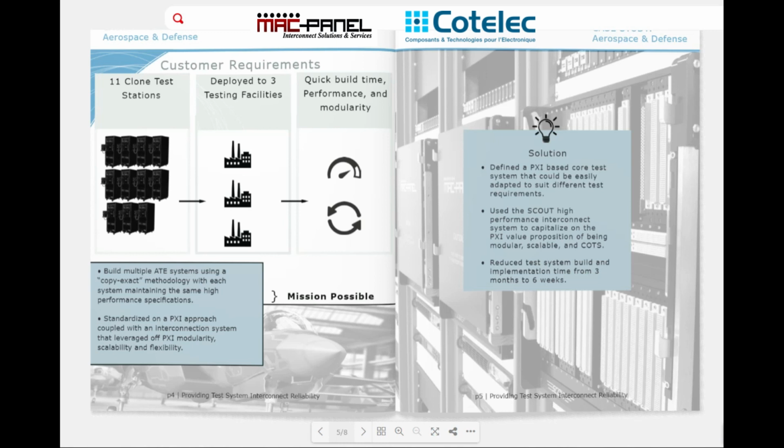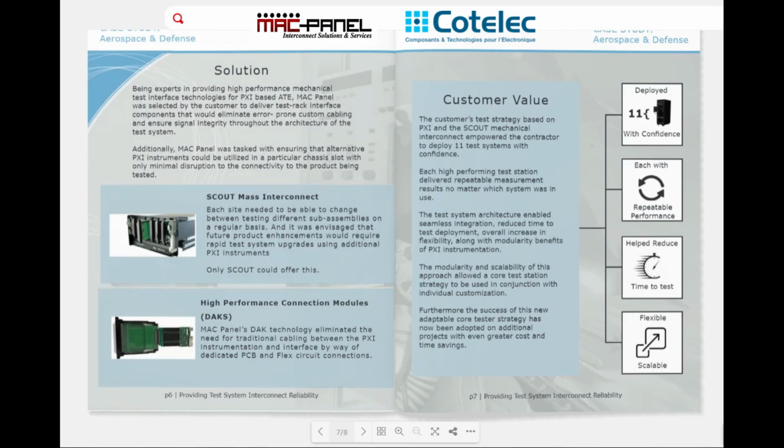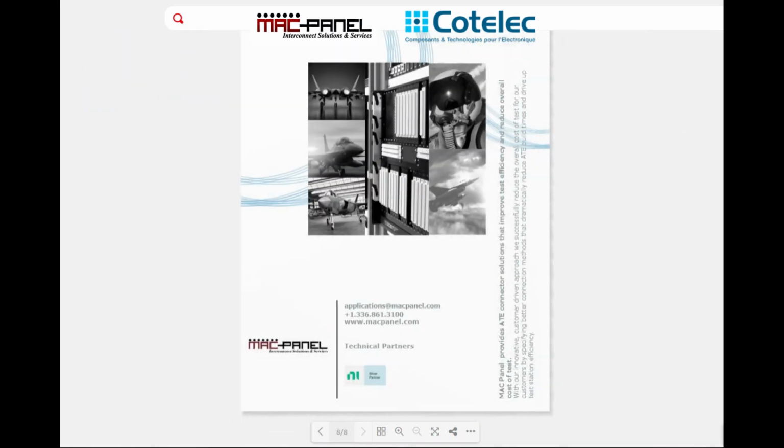With our innovative, customer-driven approach, we successfully reduce the overall cost of test for our customers by specifying better connection methods that dramatically reduce build times and drive up